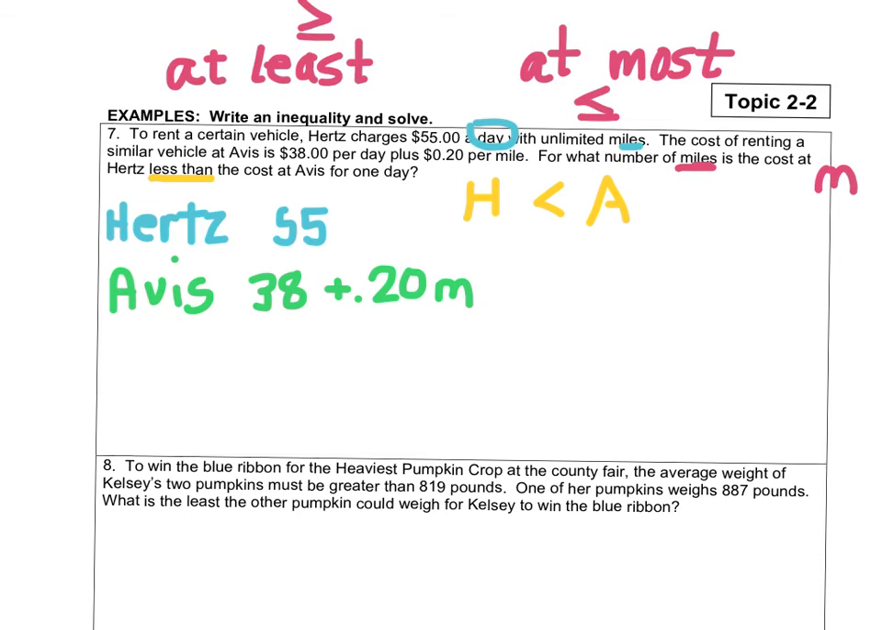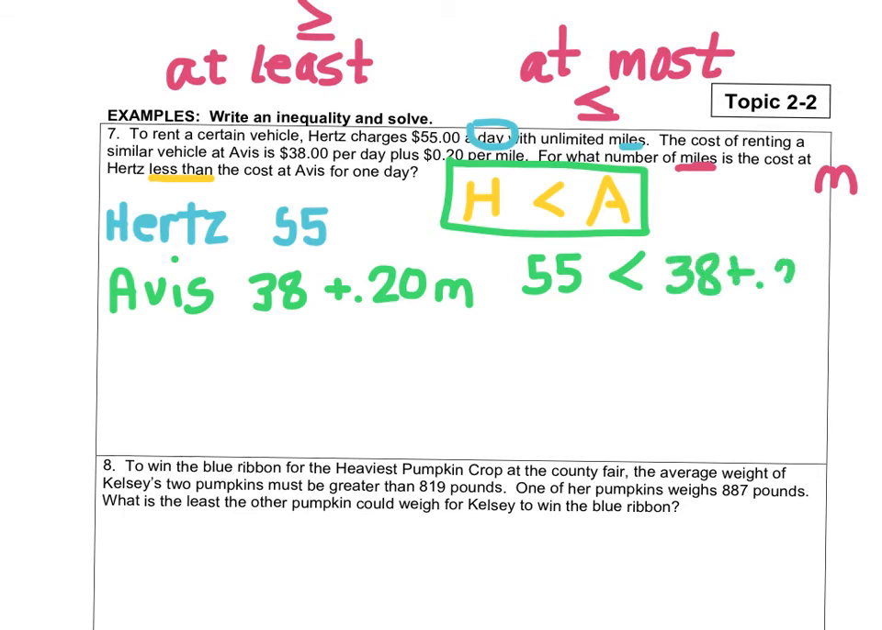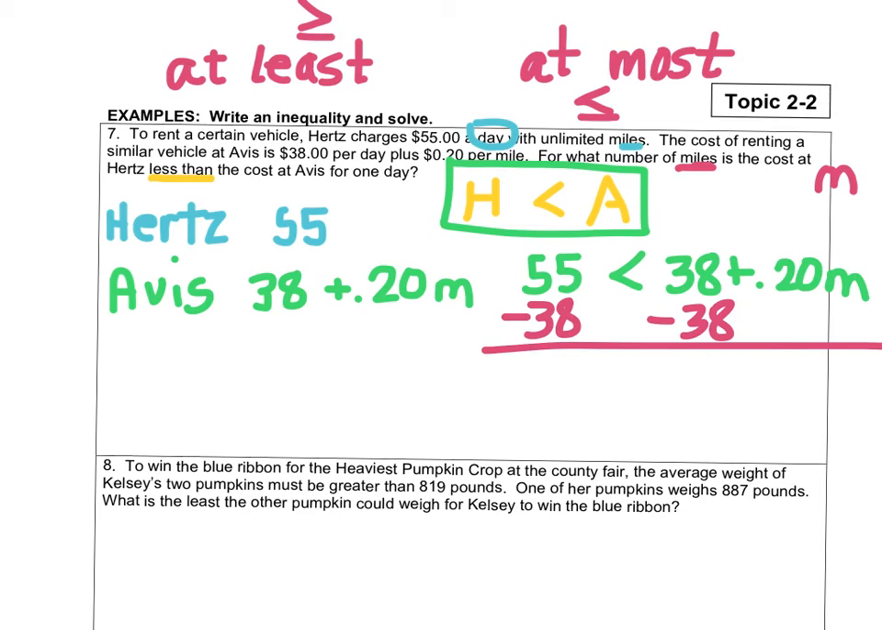Now that I've done that, I can go back to my plan up here. I know Hertz is going to be less than Avis, so now I simply put in my expressions that we wrote. 55 is less than 38 plus 0.20 m. Now we'll solve. We'll subtract $38 from each side,